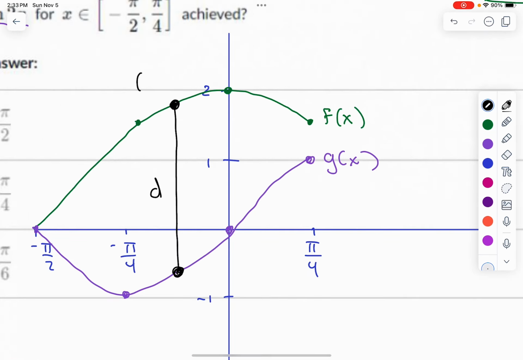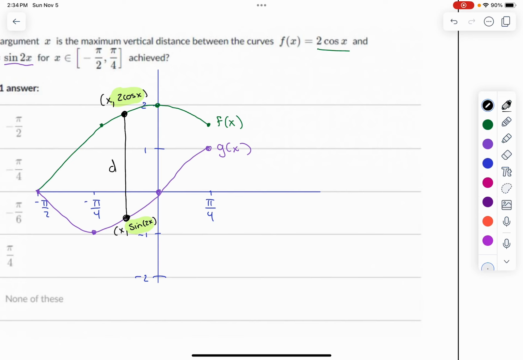So this point's on the curve, the top one, so its coordinates can be called x comma f of x, which is x comma 2 cosine of x. This one's right below it, so I can call it x comma sine of 2x. To find vertical distances in the plane, subtract y coordinates, top minus bottom. Okay, so my model, therefore, is,